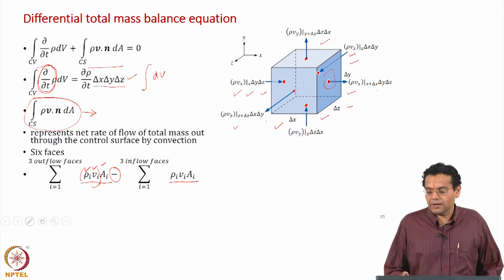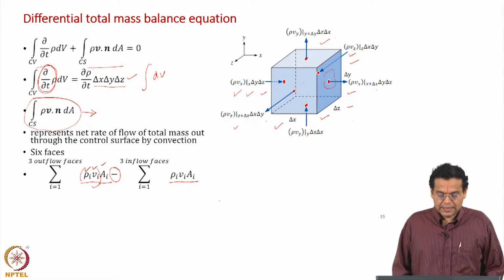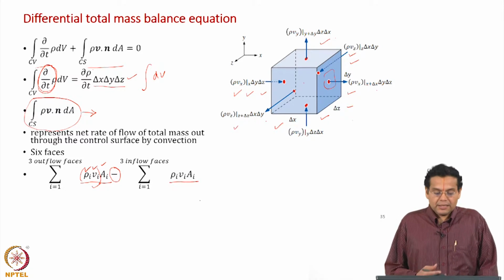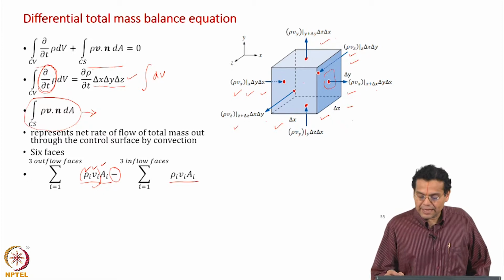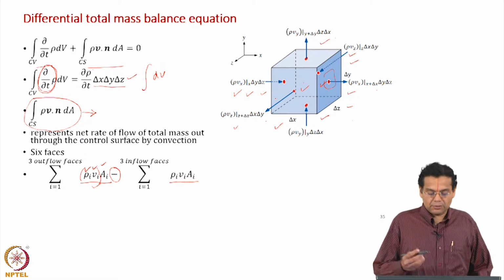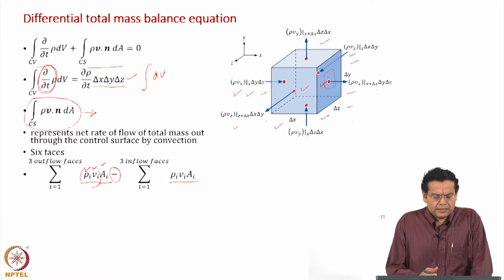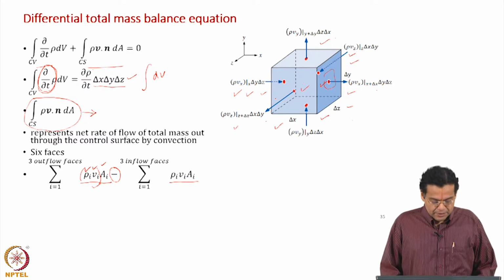We have shown all the velocities to be perpendicular to the respective phases. And the second point is that this expression assumes that the density and velocity are uniform across the surface area, and so we take some average value over the entire surface area, be it inlet, outlet, etc. Now, these are in terms of rho and velocities, and we will have to express this further.